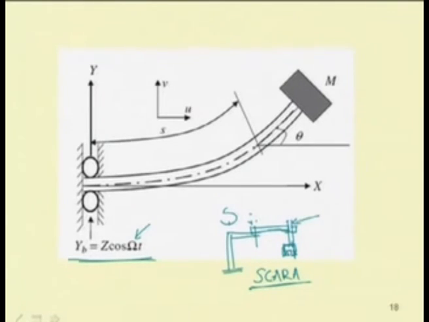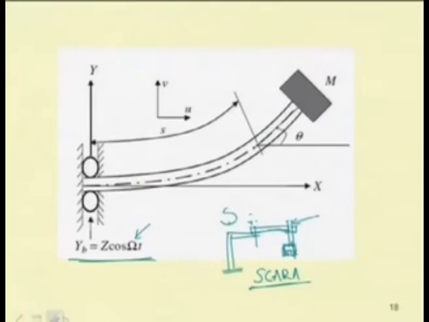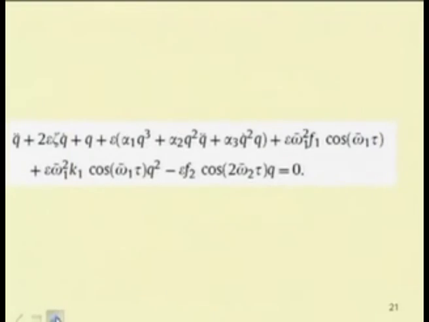So, instead of taking a small response, if one considers a moderately large response, in that case the equation can be written in this form. What we have seen in the previous case, in that equation we have to add that of the base excitation, and in temporal form you can write this equation here. Similarly, one can apply a magnetic field and go on adding different terms in the equation.